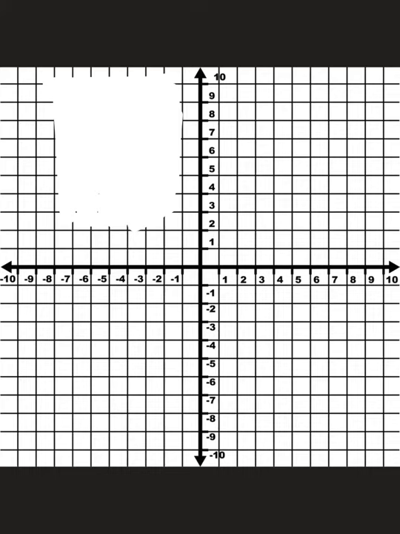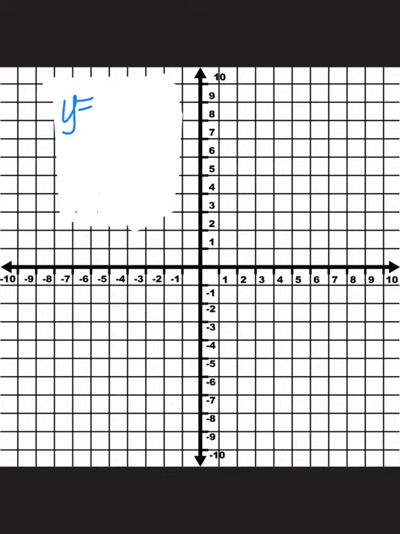Again, I'm going to give you an equation and we're going to graph this linear relationship. So we have y equals 1/4 x plus 2. When we look at a linear equation, the first thing that we always want to identify, at least the way that I do it, is the y-intercept first. Our y-intercept is 2. And then after that, I want to identify our rate of change or slope, which is